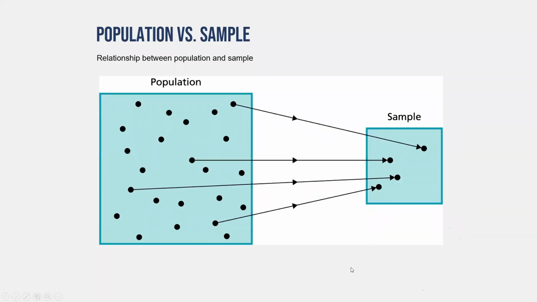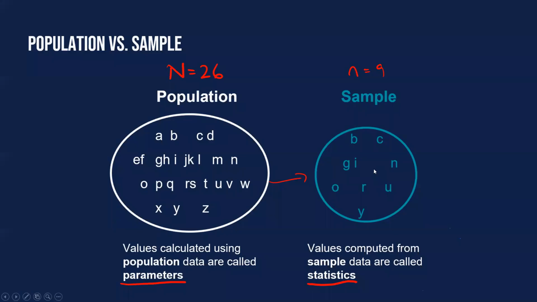So you can see the relationship here between a population and a sample. If this is the entire population, this is just a small subset of it. You randomly take a few individuals from the population. Yep, I can go back real quick. Anything calculated from the population is what we refer to as a parameter, and anything calculated from a sample is called a statistic.